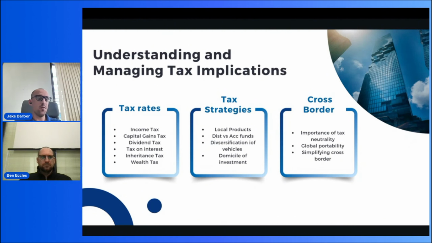And tax neutral just refers to countries like the Isle of Man, Guernsey, Jersey, Ireland, Luxembourg, Cayman Islands, places where there's no inheritance tax, no withholding tax, no dividend tax, no tax of any sort, which means you only pay tax in the country where you're living. And that's so much better than having complications such as withholding tax or problems with probate on death and things like that. It just makes it a lot cleaner.